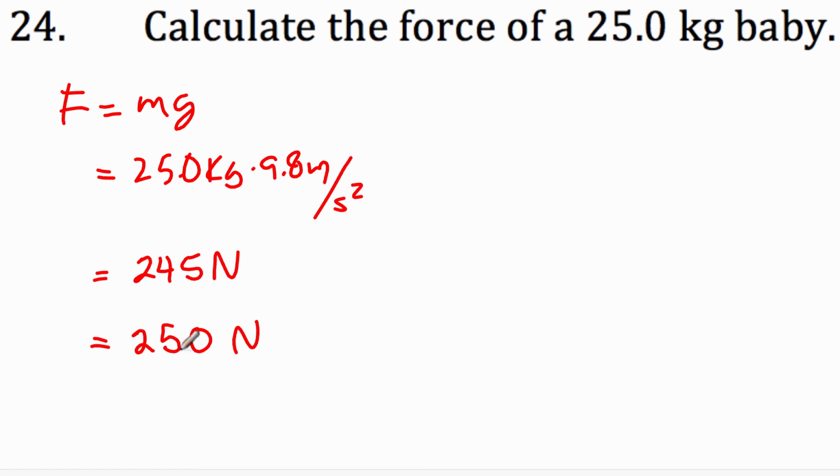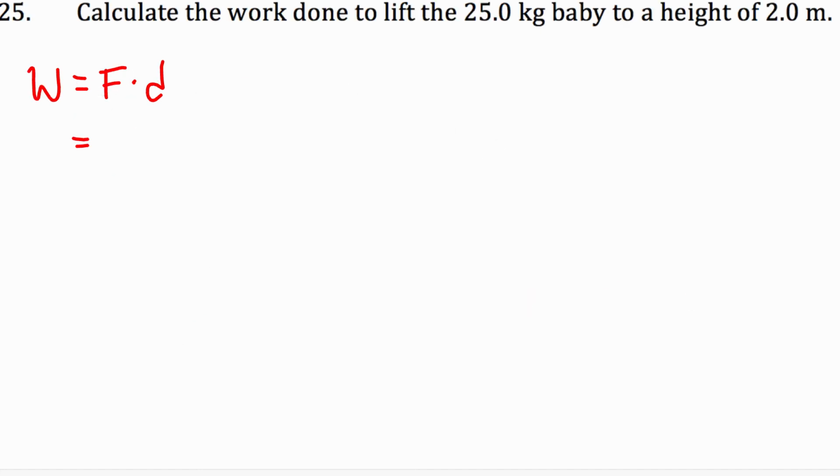I guess if it was all one question, I might use the 245, but if it's a separate question, maybe I'll use the 250. Okay, so the force done is 250 newtons times a distance of 2 meters. Work is always measured in joules, so a newton meter is the same thing as a joule. 250 times 2 will be 500